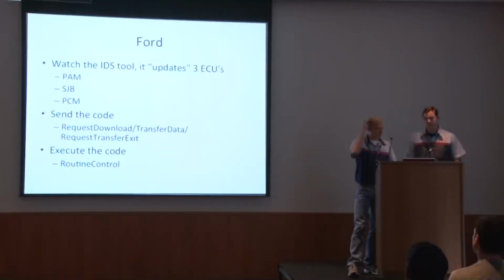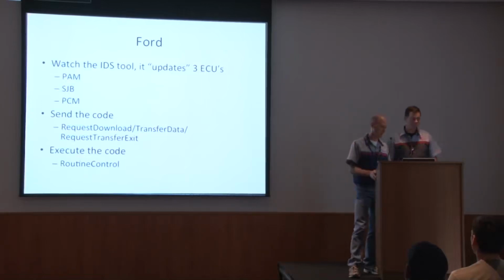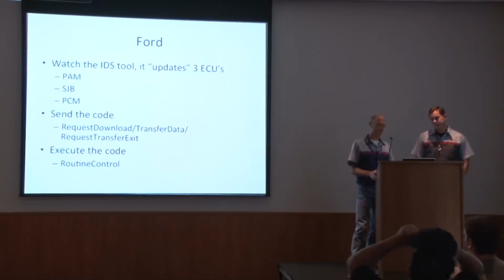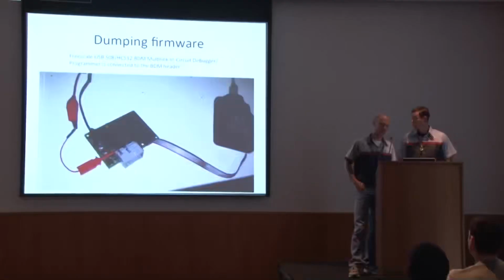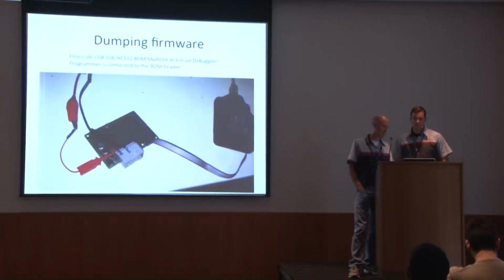So if you want to learn more about the firmware, get our paper. We'll just skim over this really quickly because we're running out of time. But basically, the way that we did it for the Ford, the Toyota we're still working on, was to watch the way that the mechanics' tools updated the firmware and then try to figure it out from there. So we could do it for 3 ECUs in the Ford. I had to physically pull the board out and use a hardware debugger to dump the firmware. So it's quite difficult compared to using just stuff on the CAN bus.